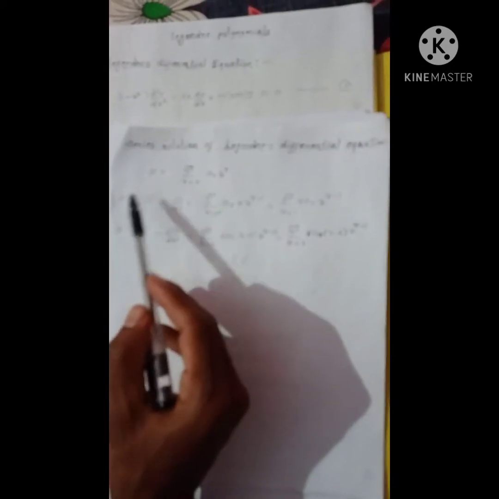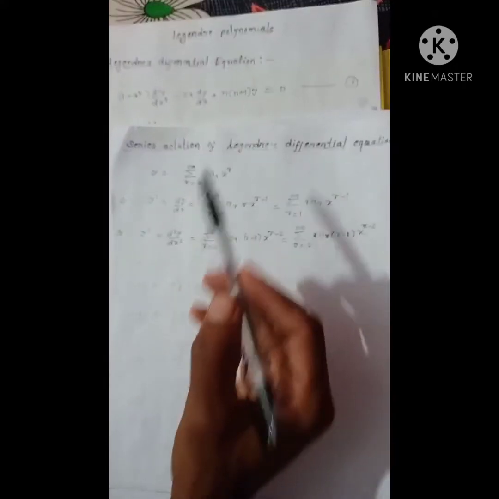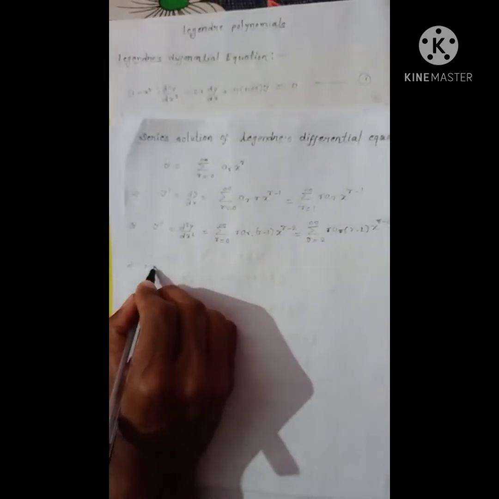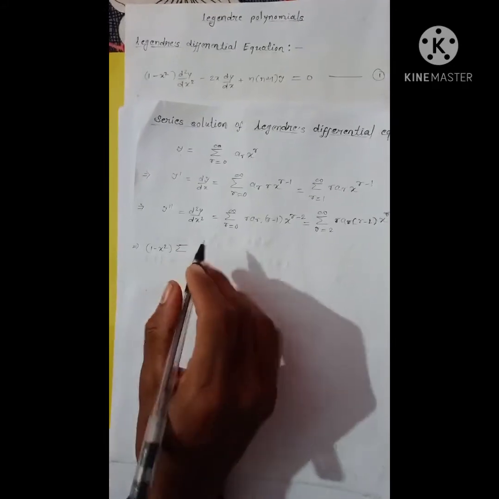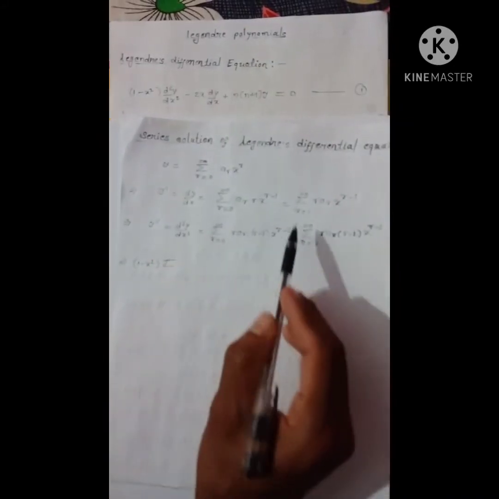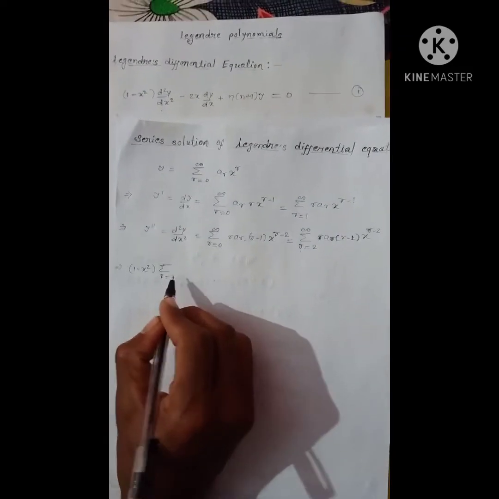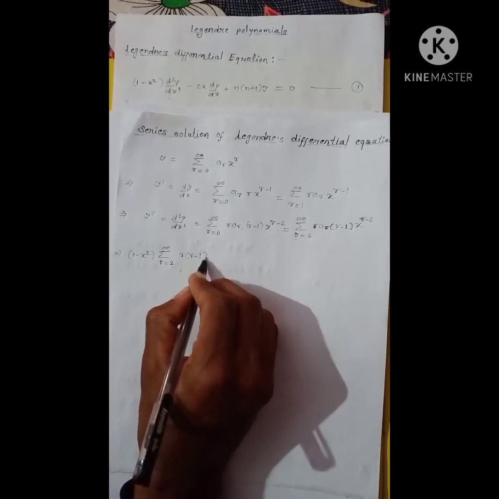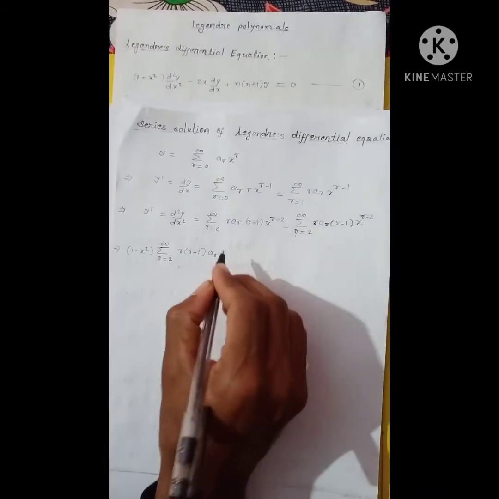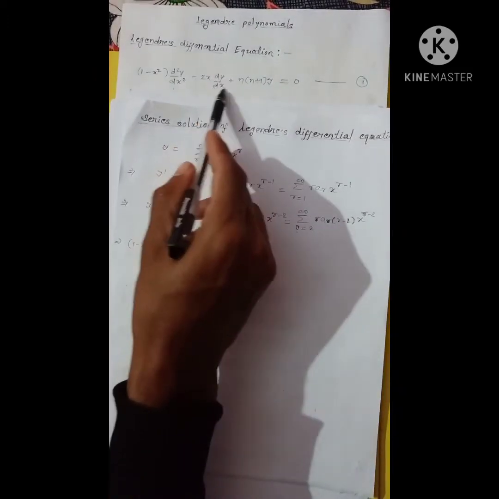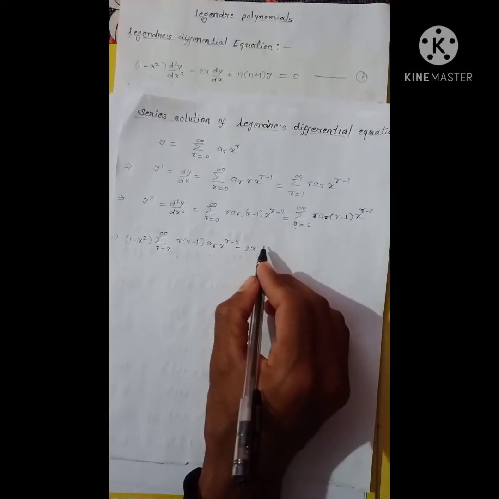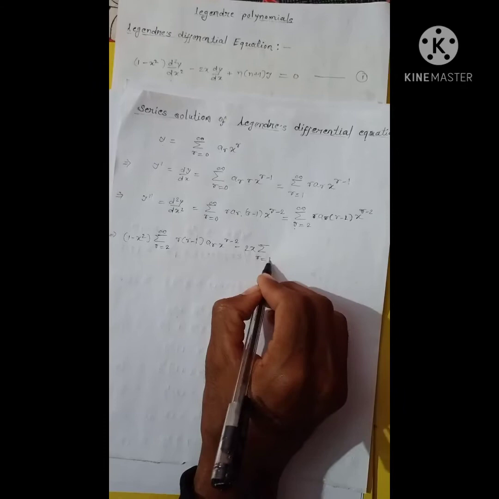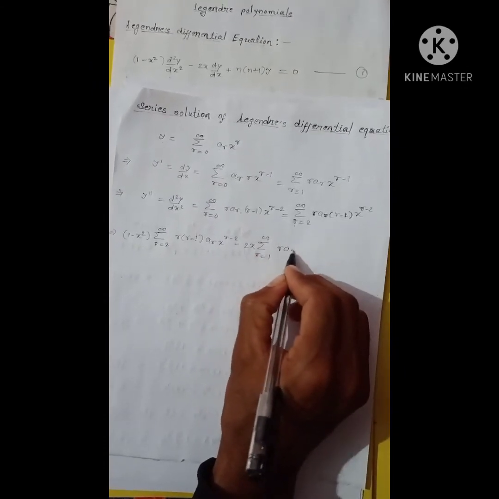Now substituting the value of y dash and y double dash in the equation first, so we will get (1 minus x square) into summation, the value of d square y by dx square is this: summation r equal to 2 to infinity r into r minus 1 ar into x to the power r minus 2, and minus 2x, the value of dy by dx is this: 2x into summation r is equal to 1 to infinity r ar into x to the power r minus 1